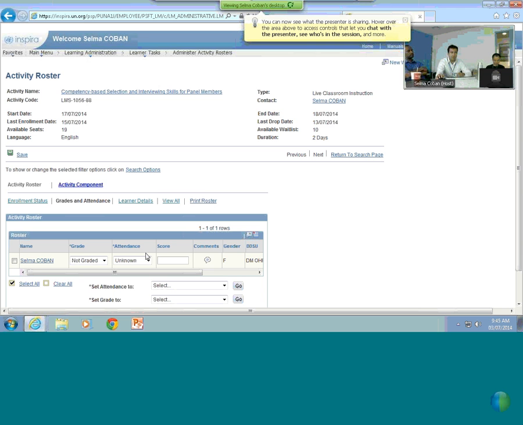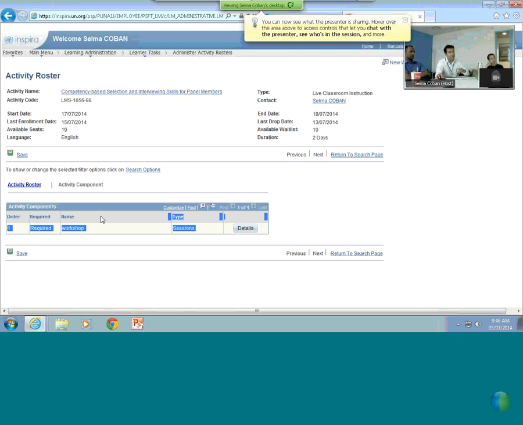So this is basically for the grades and attendance, which has to be marked at the component level. So this is the general grades and attendance, if you want to replace or change the attendance of someone, but on your quick guide, you will see that you have to go to the component level, you have the sections, you can see details.